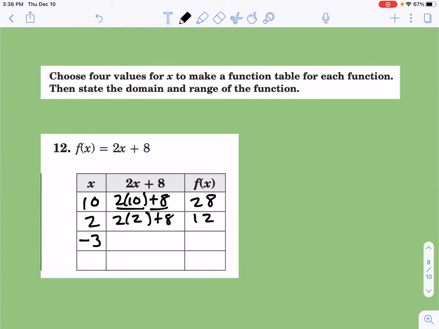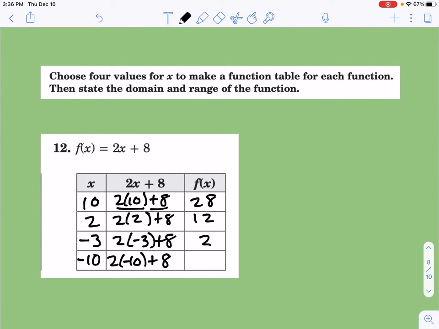-3. So if I do -3, I go 2 times -3 plus 8. Well, 2 times -3 is -6. And -6 plus 8 is still a positive number. That's 2. And then if I go bigger than that, and I go to -10, you have 2 times -10